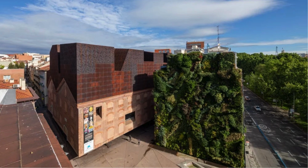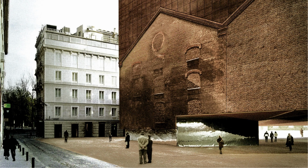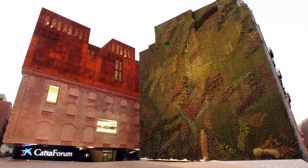What would you do with an abandoned brick power station sitting in the heart of one of Europe's most culturally rich cities? A hulking industrial relic that's too historically significant to demolish but too obsolete to use as intended. Most architects might propose a straightforward renovation, perhaps adding some glass and steel to signal modernity, but Herzog de Meuron,